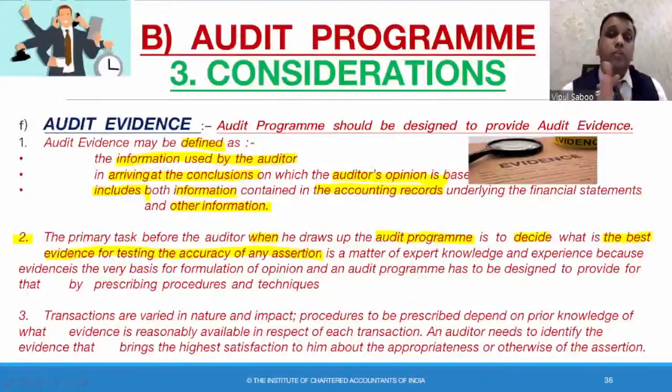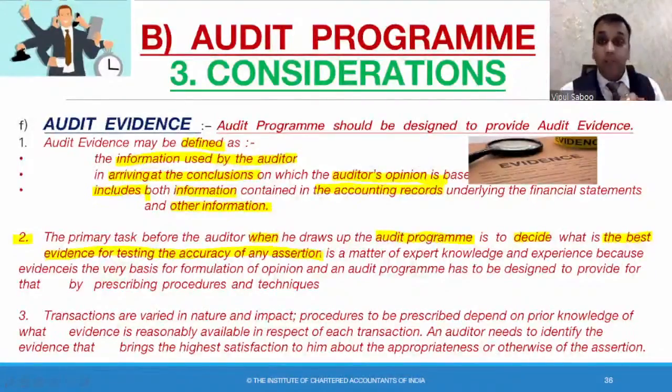So let us take the case of fixed assets. What would be the assertion? The first assertion which helps us come to a conclusion that yes, they represent a true and fair view, the first assertion is existence. Whether the fleet of vehicles, the cars owned by the hotel exist or not, I'll go and check whether they are only in the books of accounts or they exist actually with the hotel. Where are they being parked? Second, rights and obligations with respect to those assets. So I am talking about the assertions.